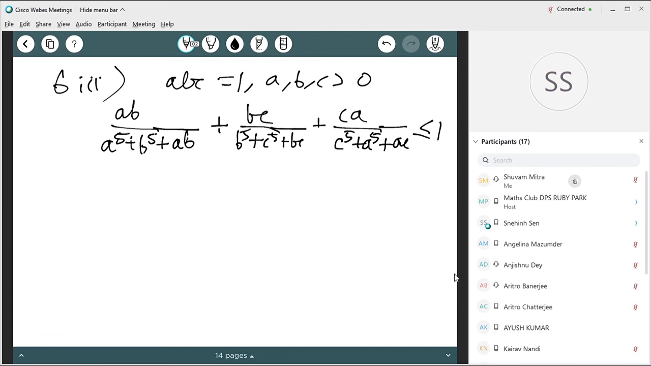I'll discuss rearrangement inequality as well. I think you already know it from the first class, a bit of it, and then I'll discuss rearrangement